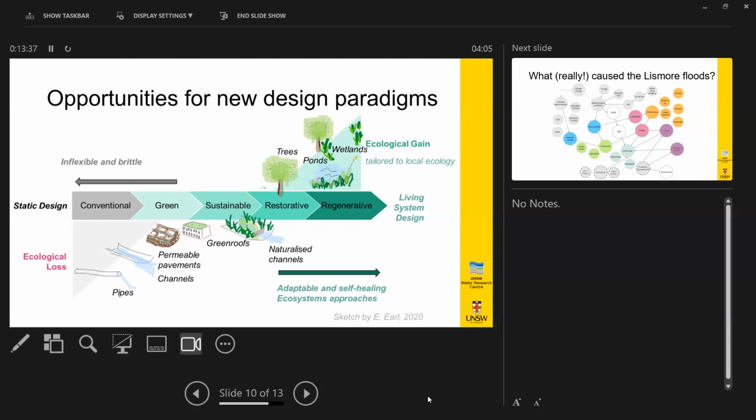So last year I was in the Cook Islands, where there's quite a bit of interest in nature-based solutions. But one of the big problems that the Cook Island government has is that they don't own basically any of the land in Rarotonga. It's all owned by family groups. And so if they want to invest in infrastructure like this, it requires a whole lot of negotiations and agreement of the community in a way that would be different for a council in Australia, where they may own some land and they can invest in infrastructure like this.